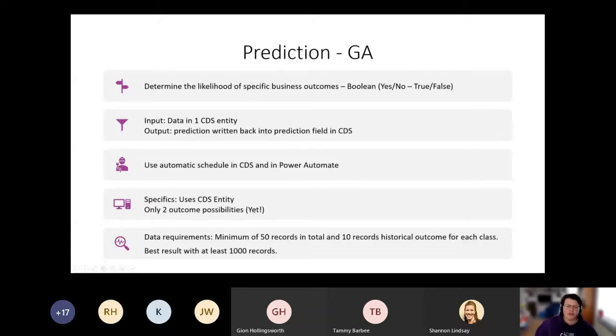What is fair other than that it uses CDS entities, and there is at the moment only 2 outcome possibilities. That is something that will change in the future, so that you can predict more than just 2 outcomes. What is good to know is that there are some data requirements. You have to have a minimum of 50 records in total, and 10 records of historical outcome for each class. So in this case, there are 2 classes,